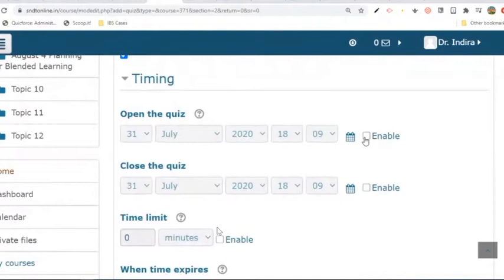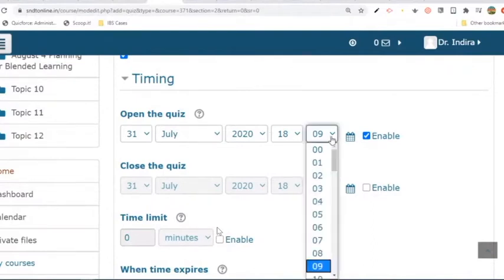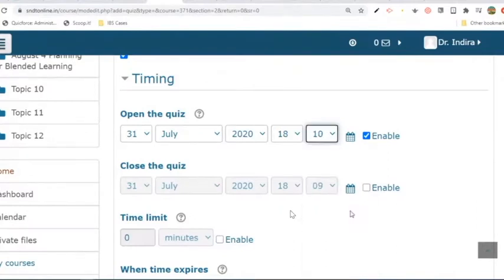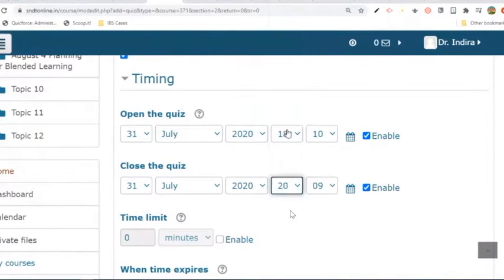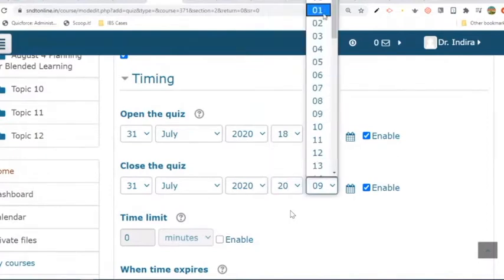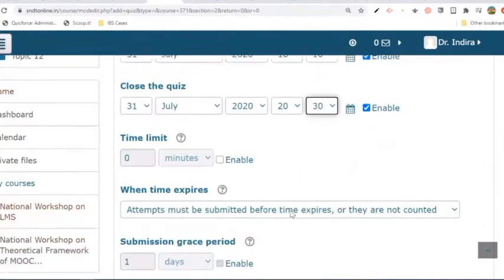And coming to the timing part, you need to enable this first, then only this is visible. Say for example, I would like to attempt this now itself, and what's the time now? Okay, 8:10 or something. From here I'll take only some questions, not all questions. So from here to, as I said, you can keep this window open for 2 to 3 hours also, because internet connectivity is not reliable. And within that window, you need to specify this time limit.